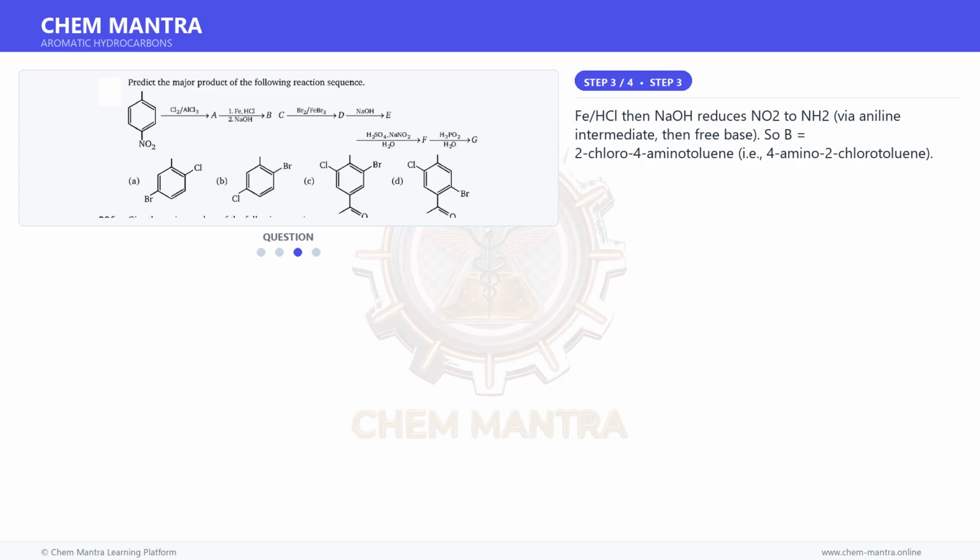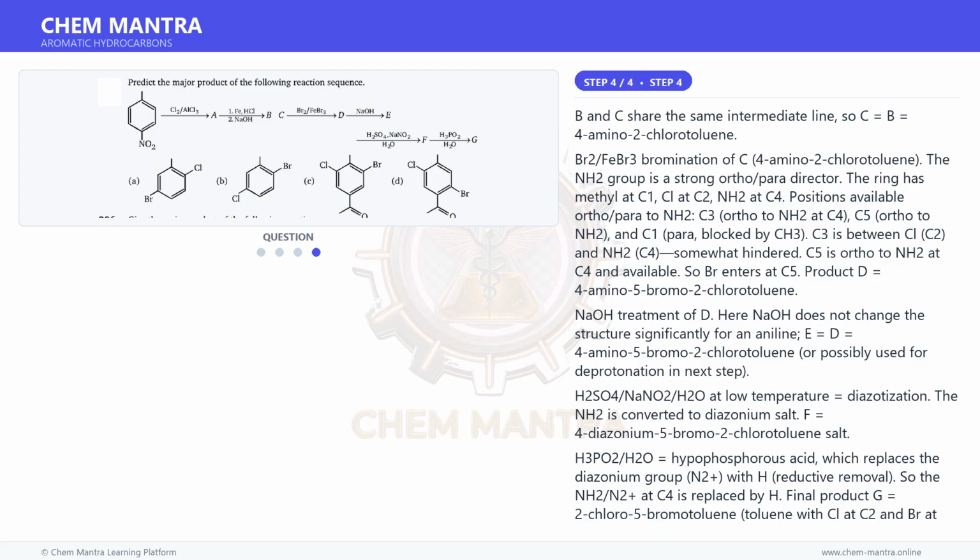Fe/HCl then NaOH reduces NO2 to NH2 via an anilinium intermediate, then free base. So B is equal to 2-chloro-4-aminotoluene, i.e. 4-amino-2-chlorotoluene. And for the next step, B and C share the same intermediate, so C is equal to B, which is equal to